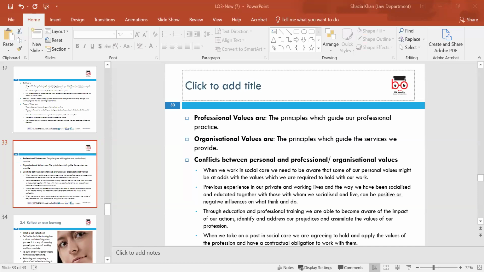I had a conflict between personal and professional organizational values when I was teaching. I was teaching this woman from the institution that I worked for. I was teaching her on the degree course, and she was a woman who was 82 years old, a really, really nice Nigerian woman. And I love teaching her.